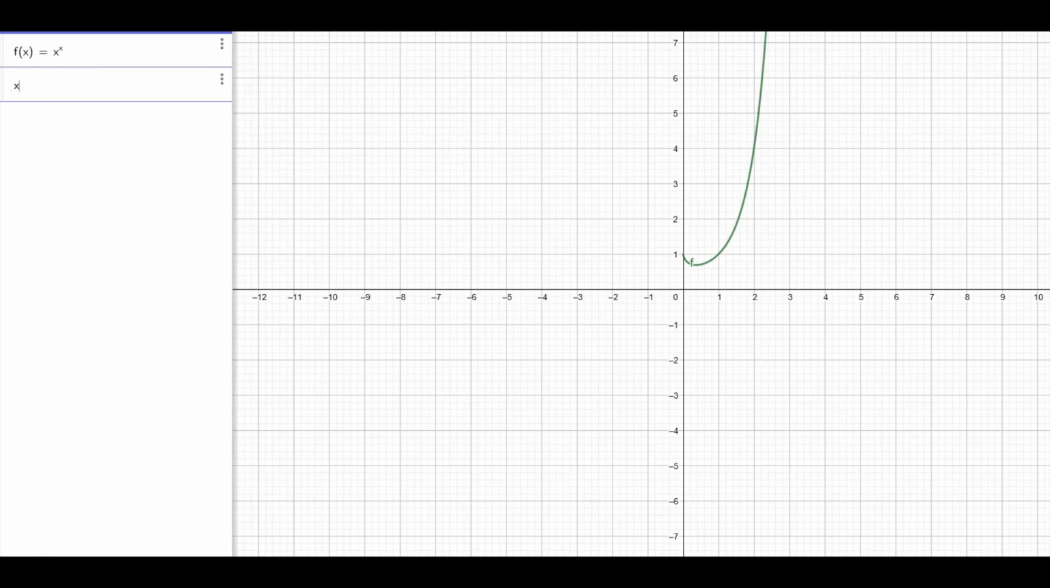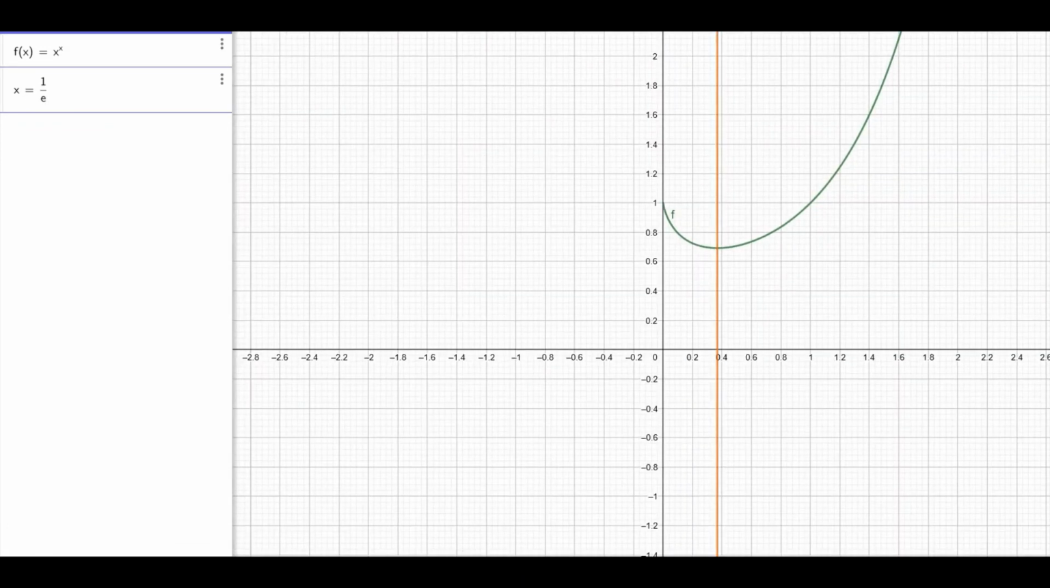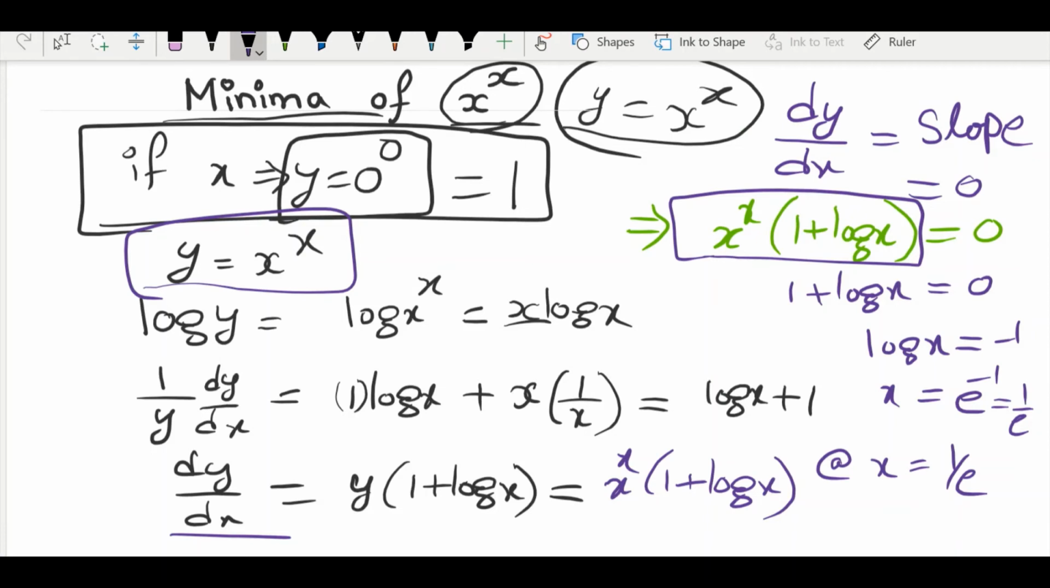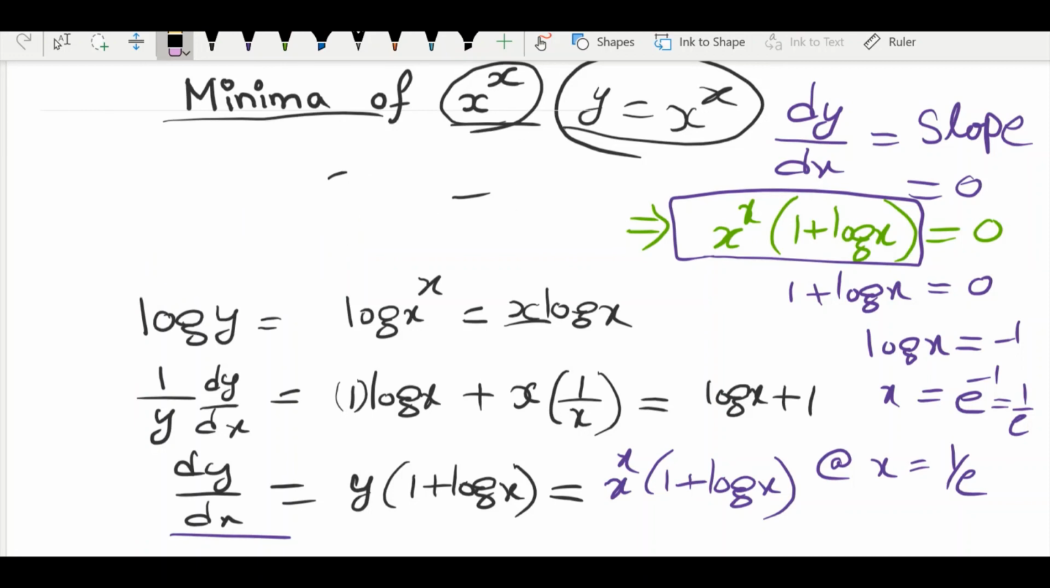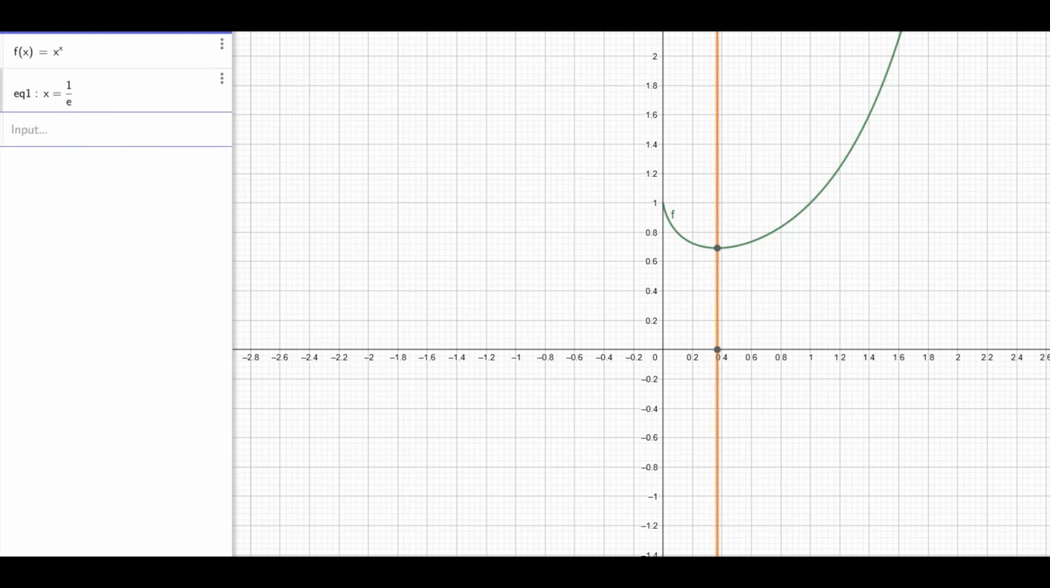If I give the input as x equals to 1 by e here, at this point I get this minimum value. At x equals to 1 by e, y will be equals to 1 by e power 1 by e. At this coordinate, I have the minimum value. So y equals to 1 by e power